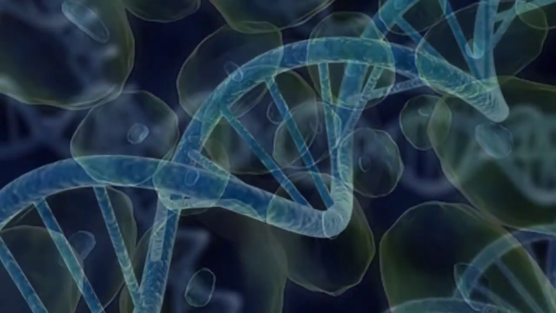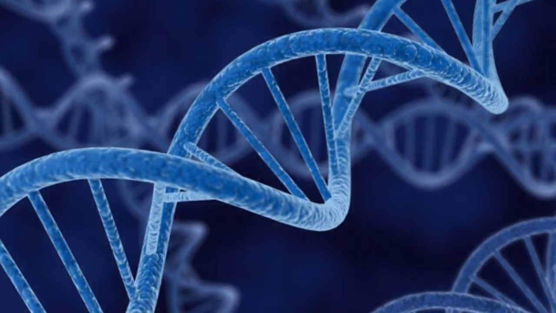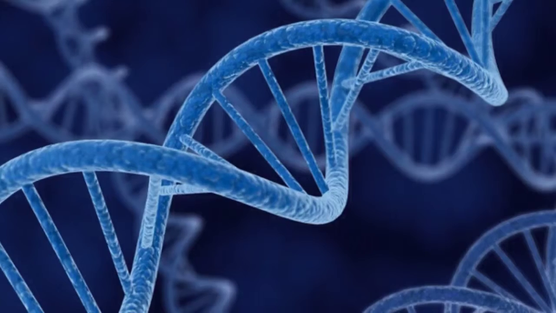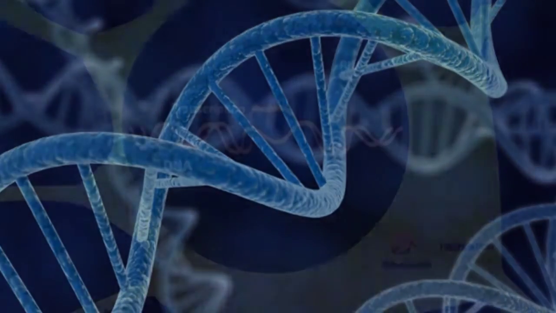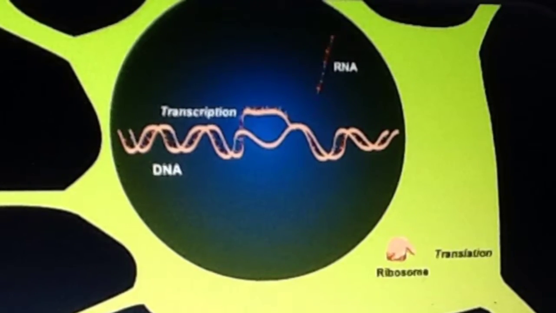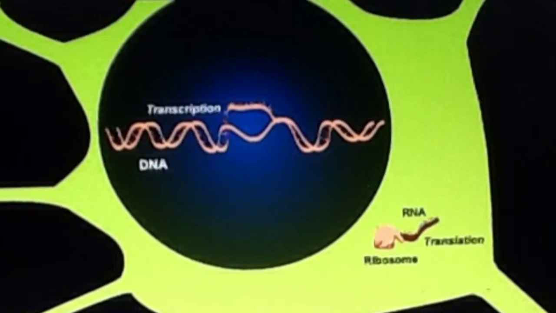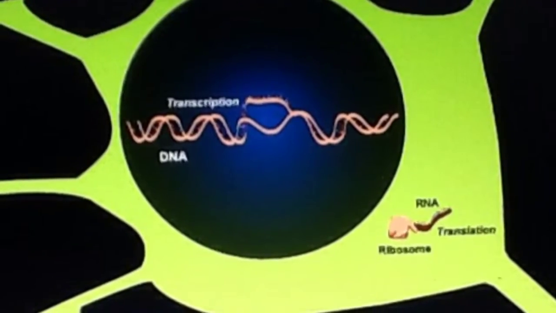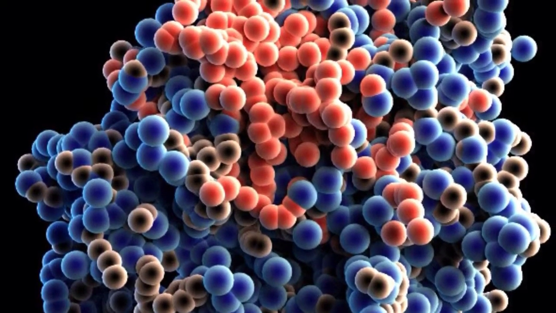When a cell needs to make a certain protein, specialized machinery within the cell nucleus reads the gene and then uses that information to produce a molecular message in the form of RNA that is very similar to DNA. RNA moves from the nucleus into the cytoplasm of the cell. Once in the cytoplasm, the cell's protein-making machinery, the ribosome, reads the message and produces a protein that matches the specifications from the gene. Once made, the protein travels to the part of the cell where it is needed and